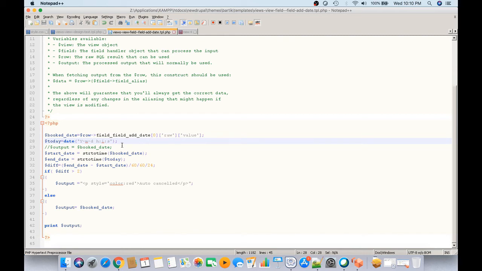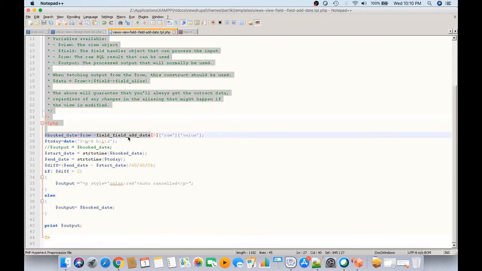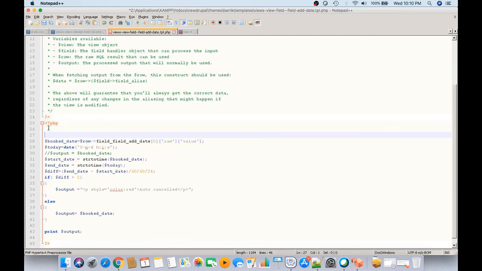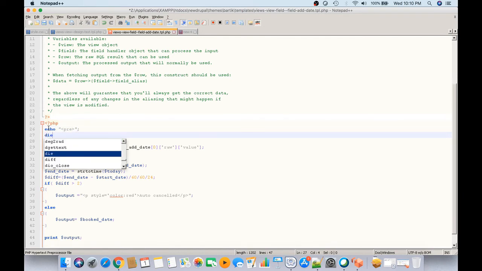So here I have captured the date from the views. This is the variable name. Basically row is an object and this object is being accessed here. Let me show you how to see the object rows, so it will be clear for you to understand.